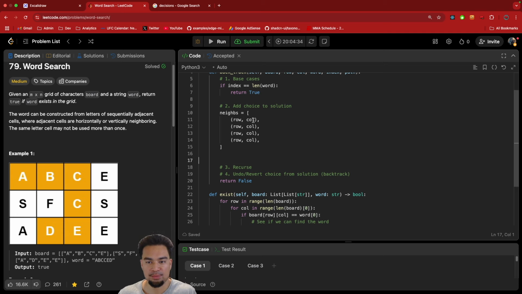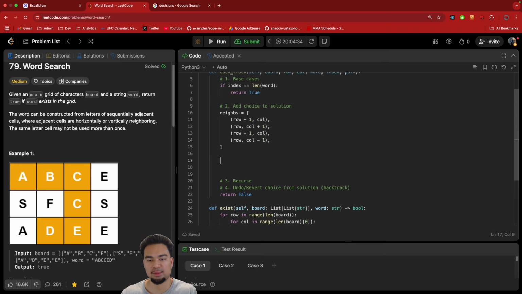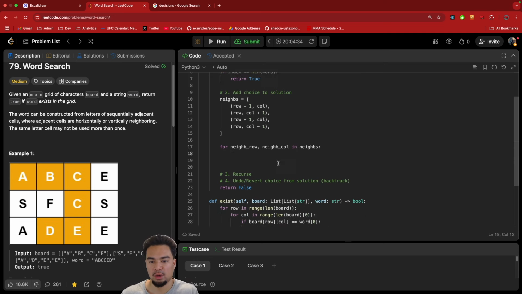So I have to look above me, so I have to take the current row minus 1. I have to look to the right, so column plus 1. I have to look to the bottom, row plus 1 here, and I have to look to my left. So those are my neighbors, and I'm going to try looking at those neighbors to see if I can get to a result. So for neighbor row, neighbor column in neighbors here, what we're going to do is